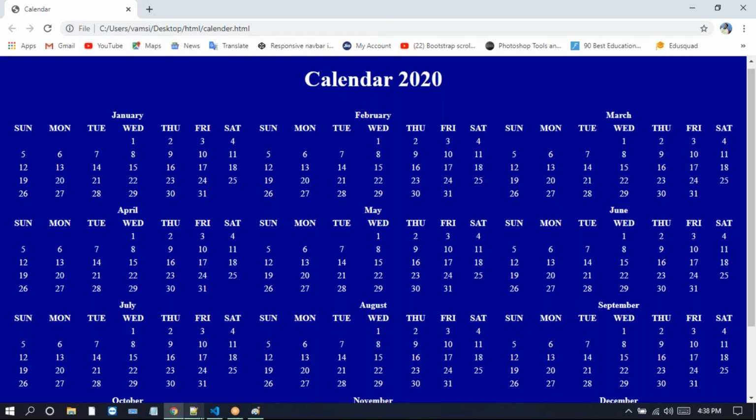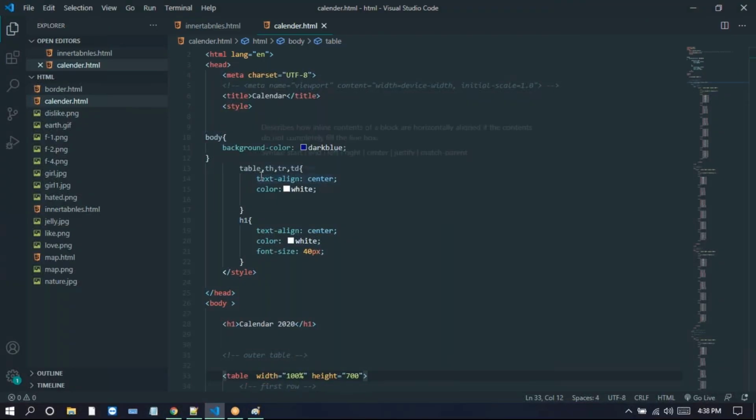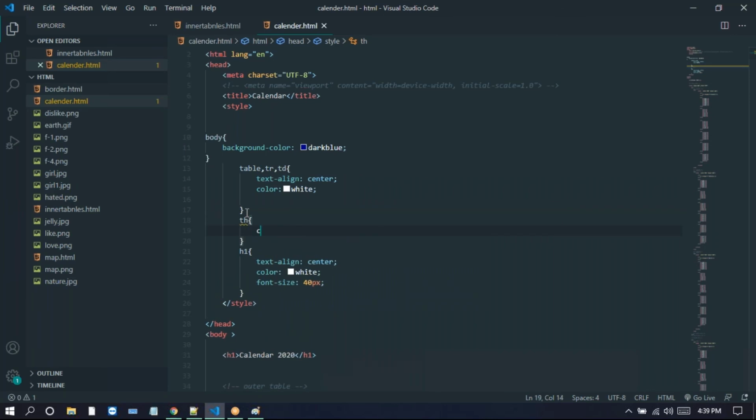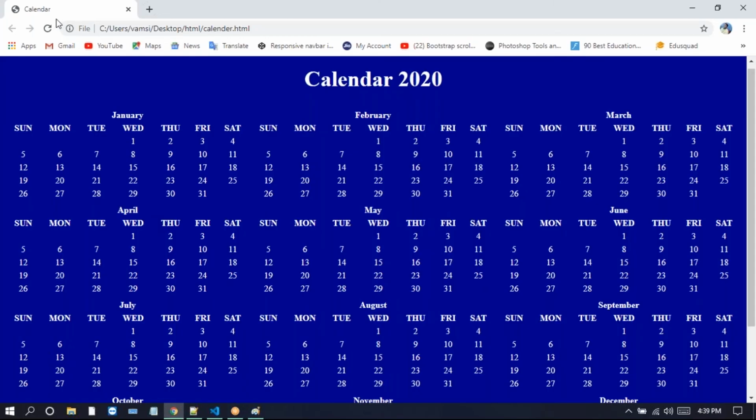I'm just removing this th here, I don't want this th. So here you just write th, and I'm taking the color white here. Now look at this one.